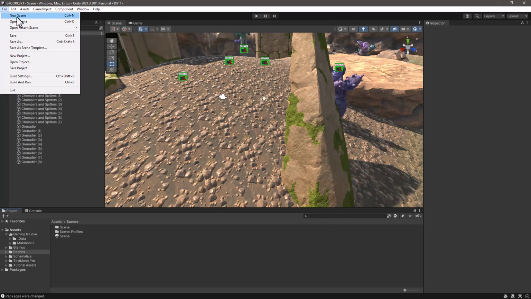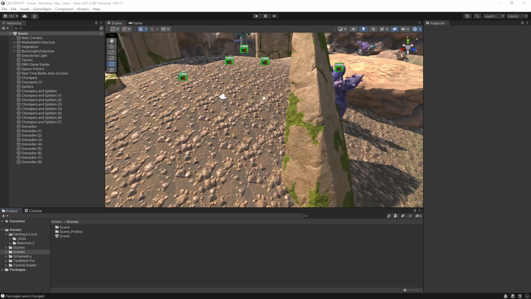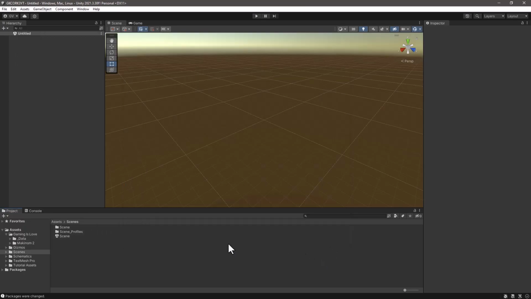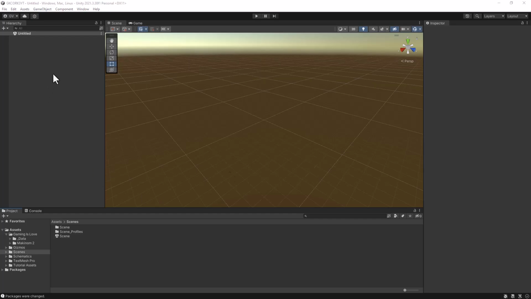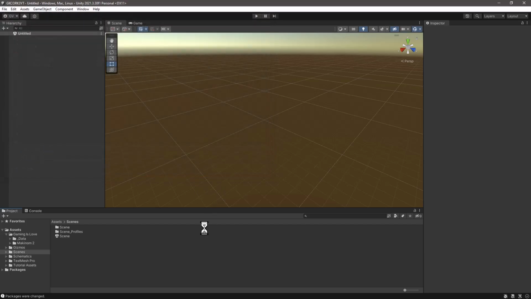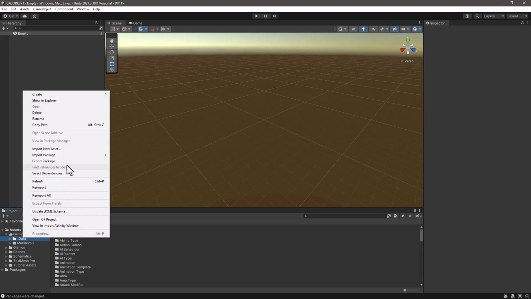It's File, New Scene, and let's select an empty scene and save it in the scenes folder, empty. If I can type, there we go. So the recommendation is to click on the underscore data folder and do a